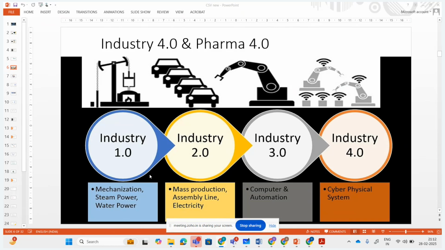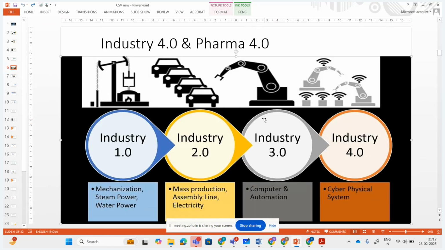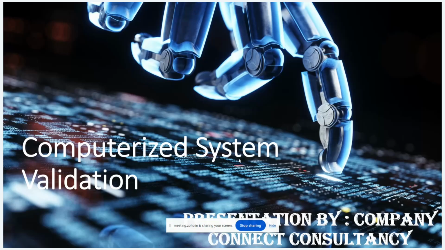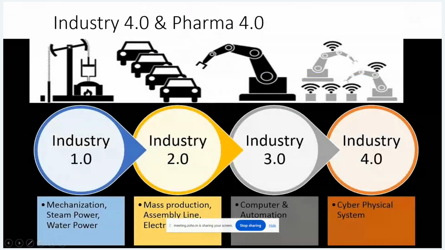Currently, we are in the industry 3.0 phase. Let me open it in a proper manner. So we are somewhere here in industry 3.0, and we are trying to shift toward industry 4.0. By we, I mean the regulated industry.